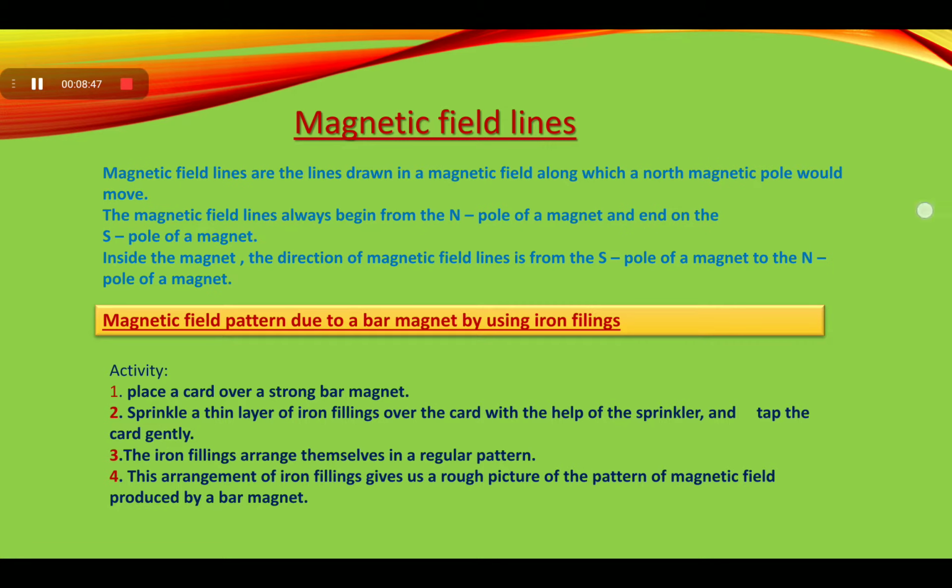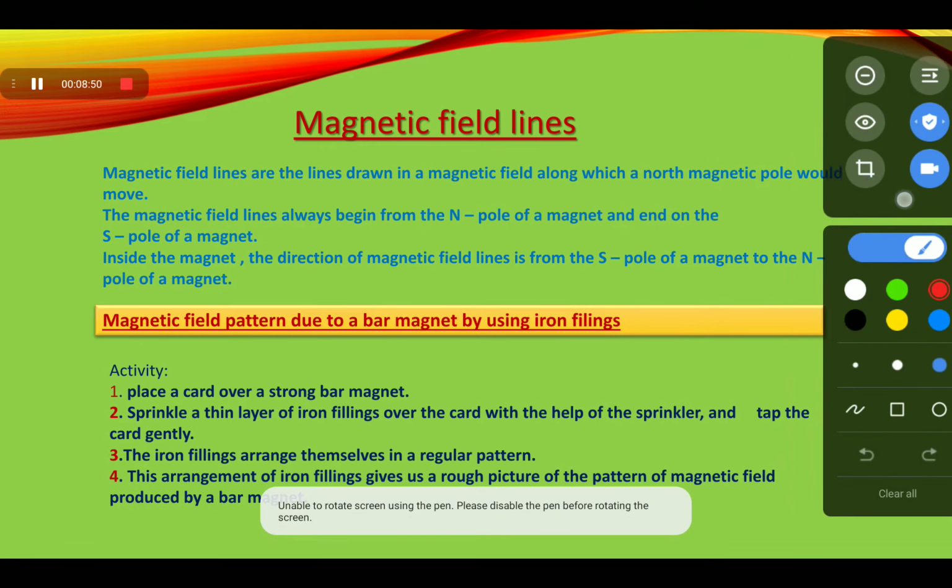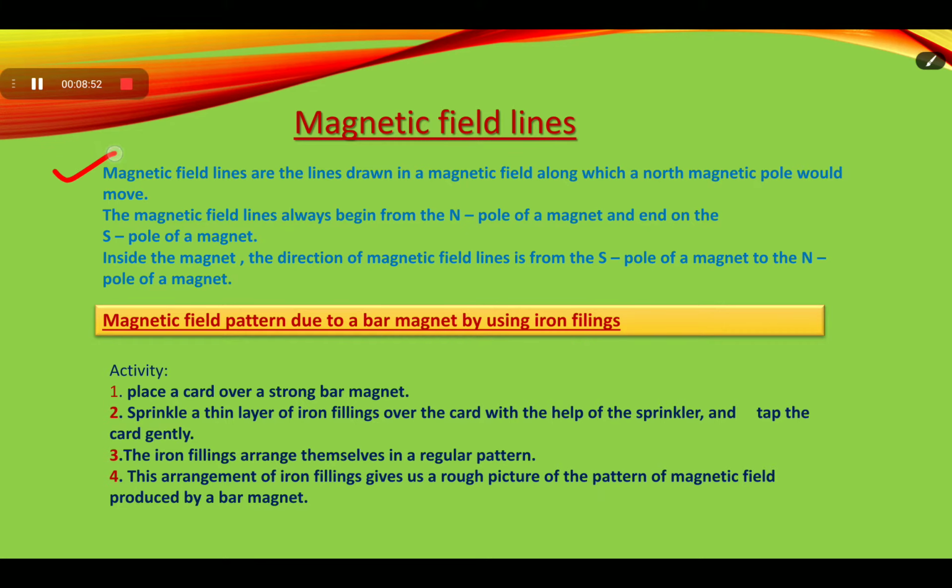Here, the magnetic lines of forces. Magnetic field lines or magnetic lines of forces are the lines that are drawn in a magnetic field along which a north magnetic pole would move. It will become clear in the activity. So we can say that the magnetic field lines are the lines in a magnetic field along which a north magnetic